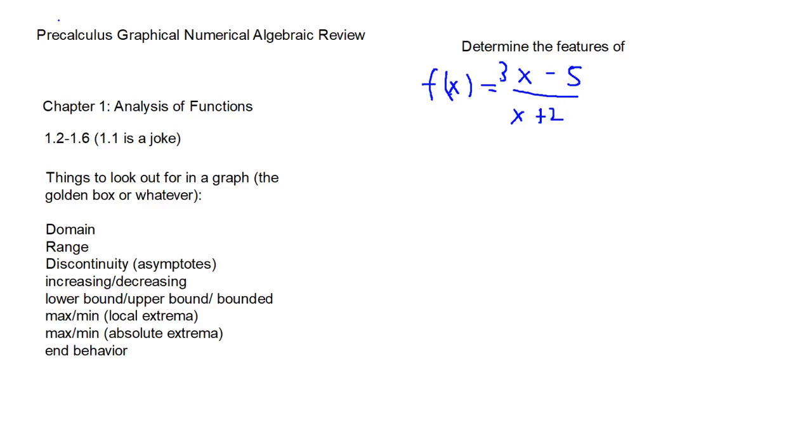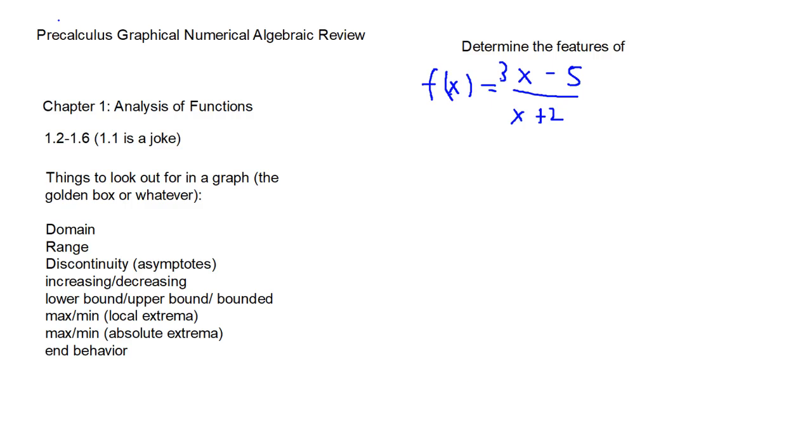Welcome to Precalculus Chapter 1: Graphical, Numerical, Algebraic Review. So that's the book that you will use if you're in Precalculus, Honors Precalculus in the class. And it's not universal, so I don't even know why I'm saying this. Anyways,